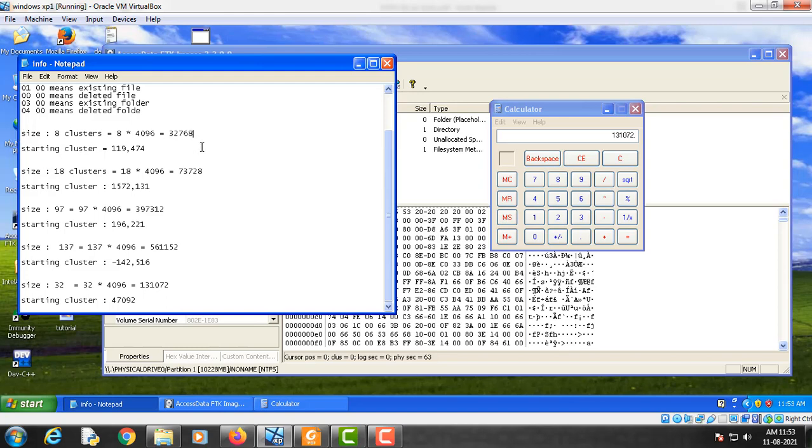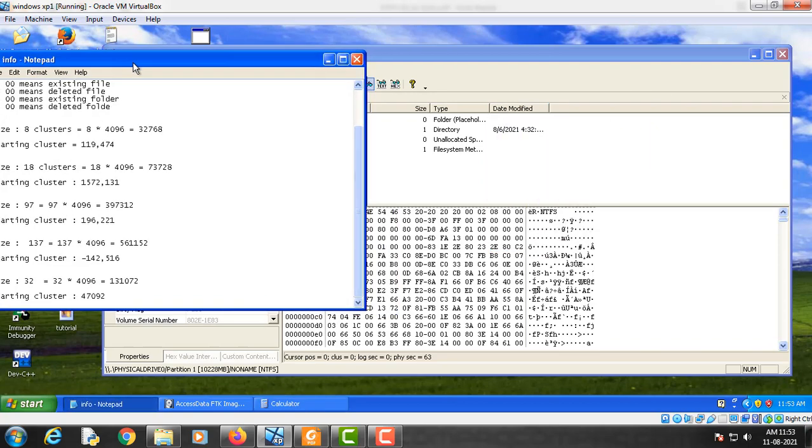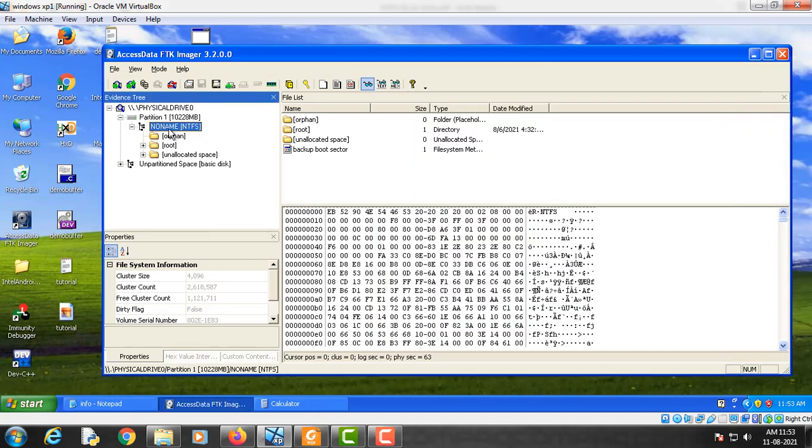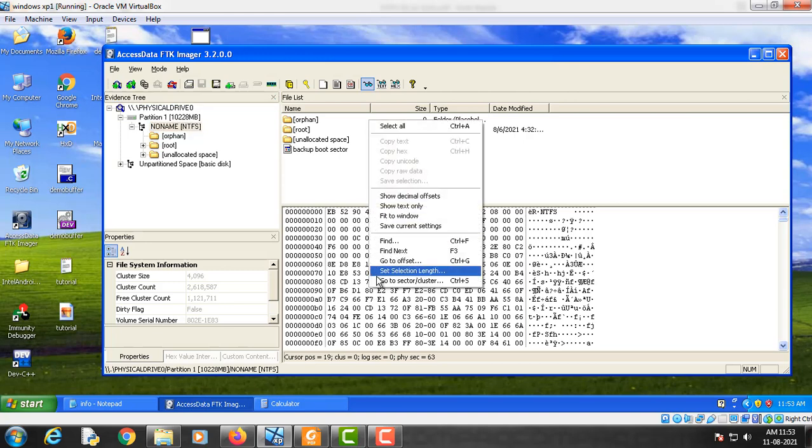Now let's do the actual file carving. So click on this NTFS name here, and then right click here and go to the cluster.